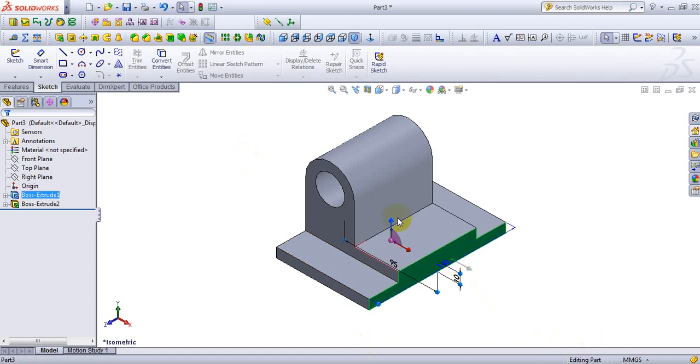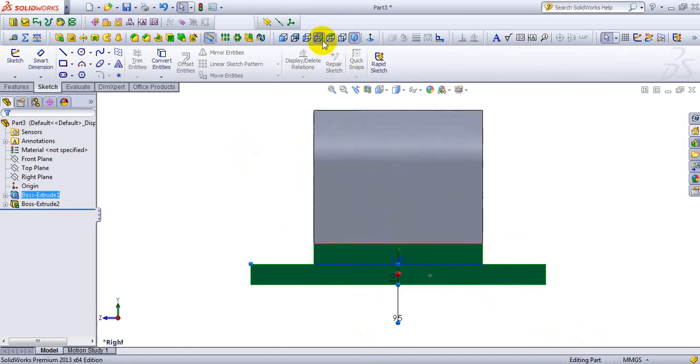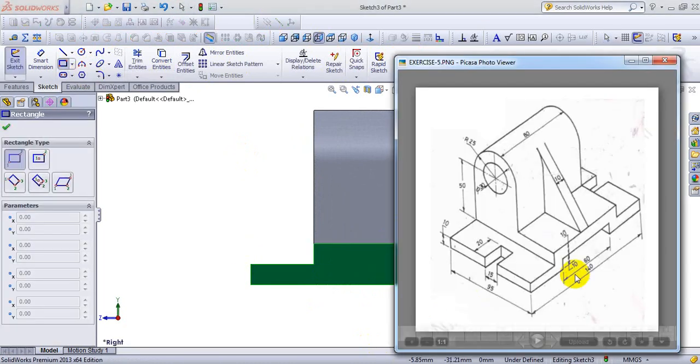Now select the right face followed by right view, select corner rectangle. So here is a slot, we have to cut this slot. Its dimension is 60 into height 10 mm.